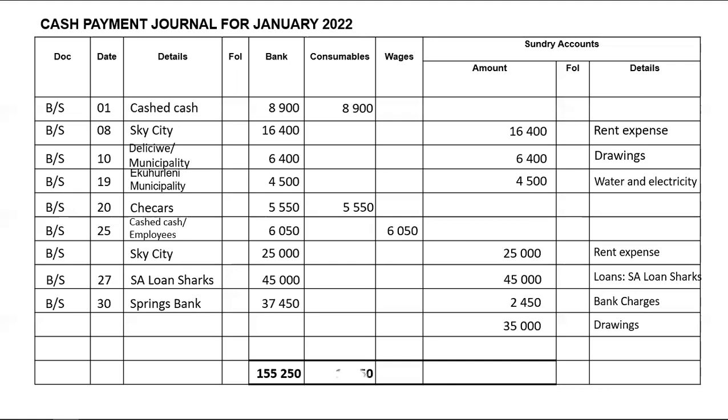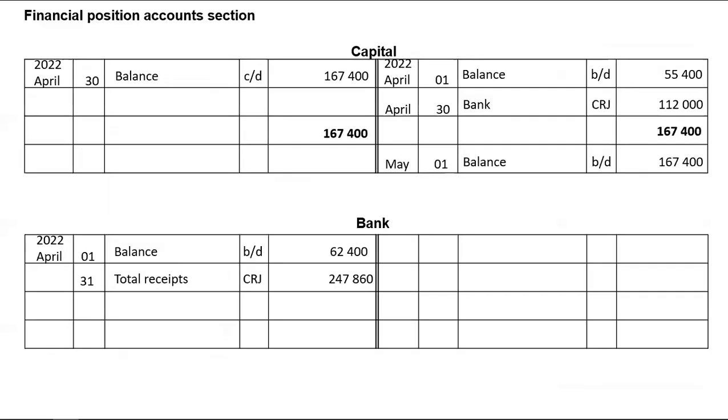So that 155,250 will be the one that goes to the credit side, because these are payments that will reduce your bank account in your general ledger. So in your general ledger on the credit side, we'll have total payments, and our total payments in the general ledger will be